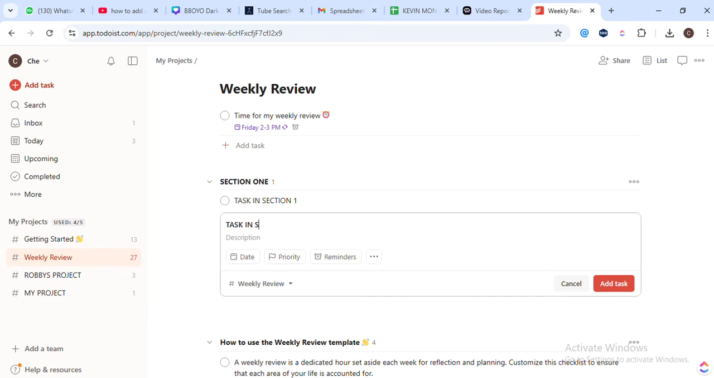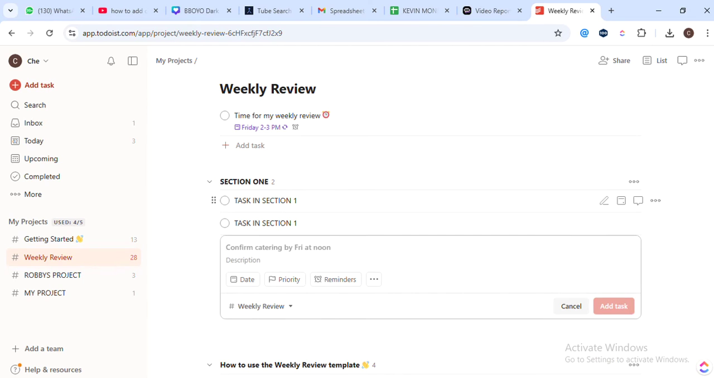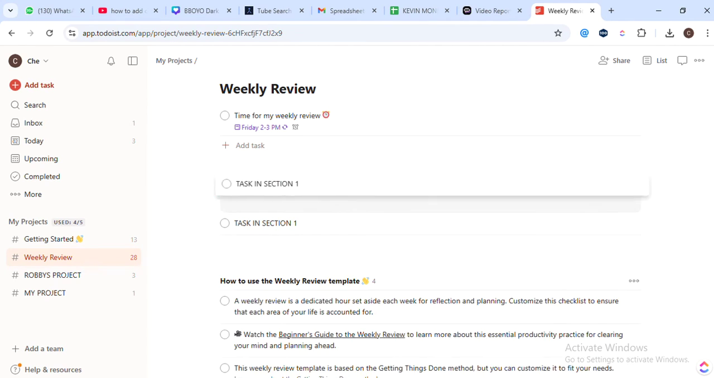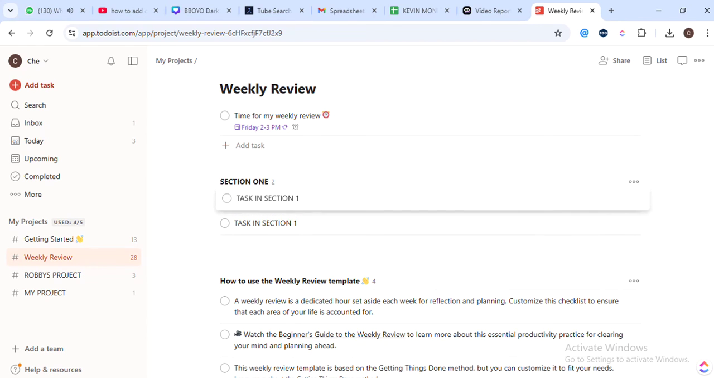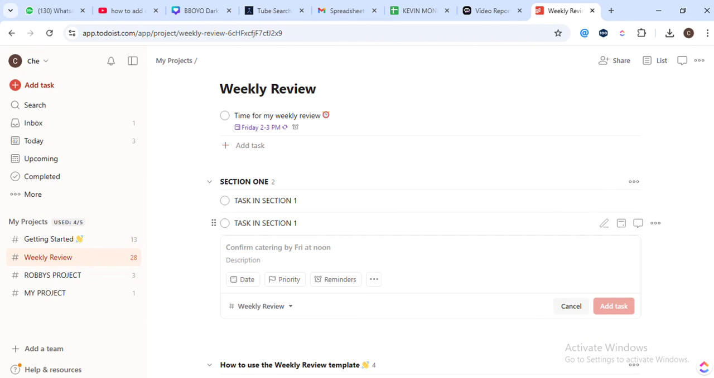Now that we've done that, the next step involves reordering tasks within a section. Simply click and hold the six-dot icon next to a task, then drag and drop it to the desired position. This helps us because it allows you to prioritize tasks based on importance or deadlines, ensuring you tackle the most pressing tasks first. Lastly, if you want to move a task from one section to another, just click and hold